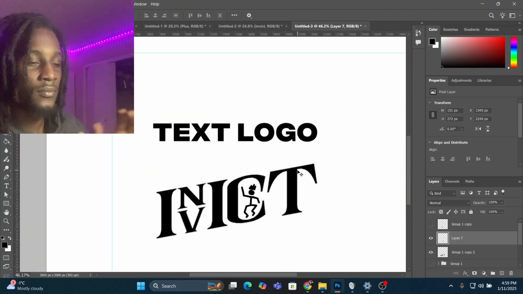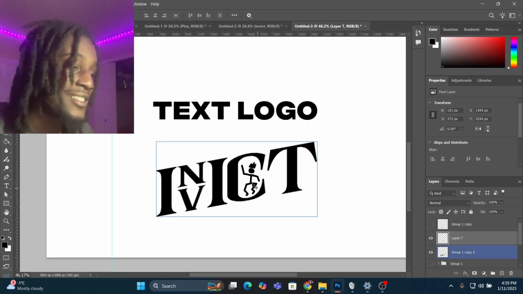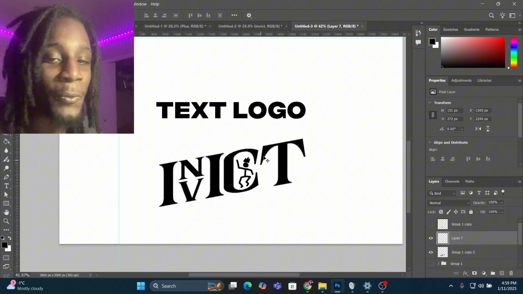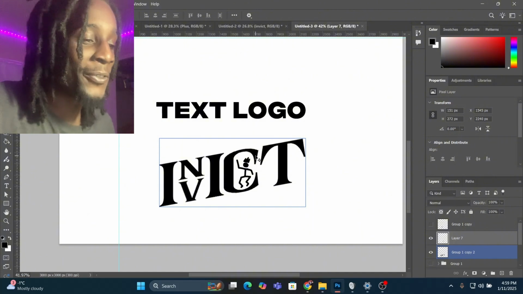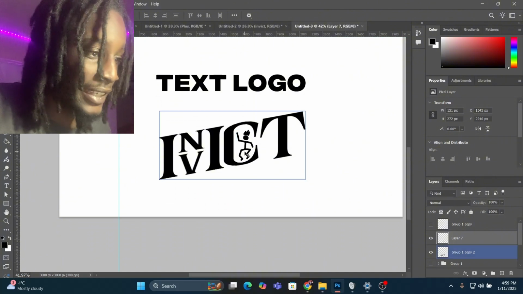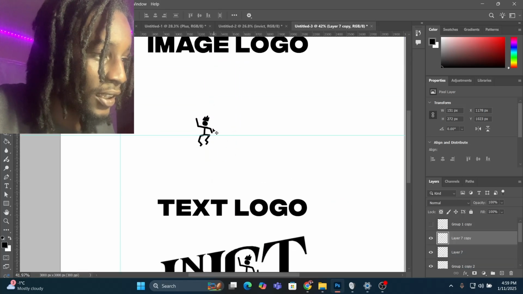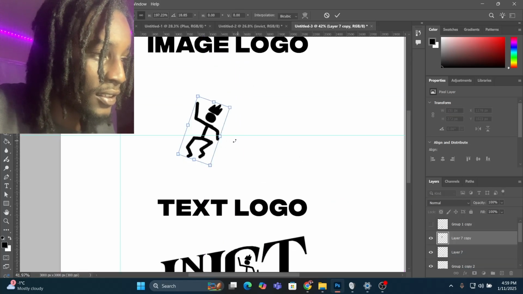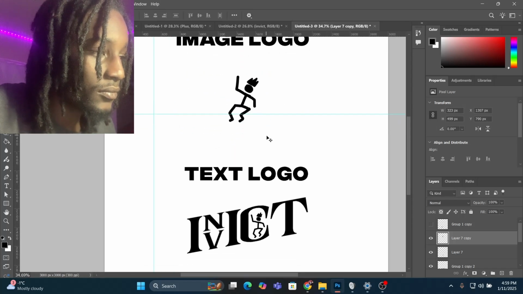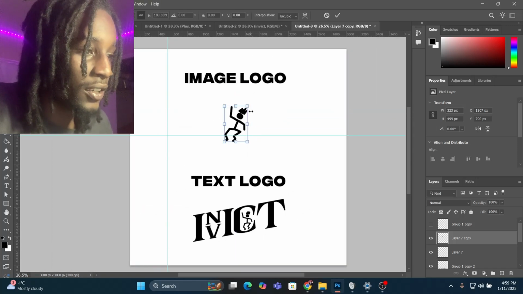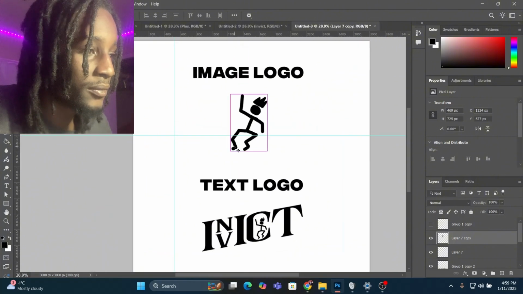Invictus. Boom, there we have it, guys. This is our, I know this seems kind of silly. I wish I could have made a better example for you guys, but I was really feeling this style of image logo. I was really feeling this logo as our image. It seems really silly for it to be like a stick man, but